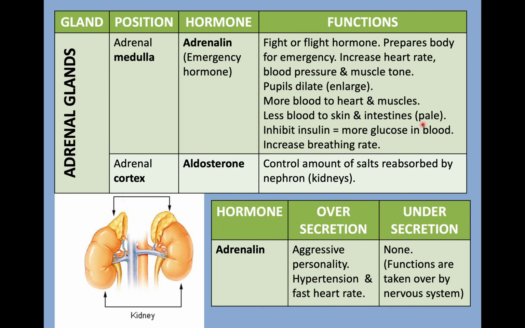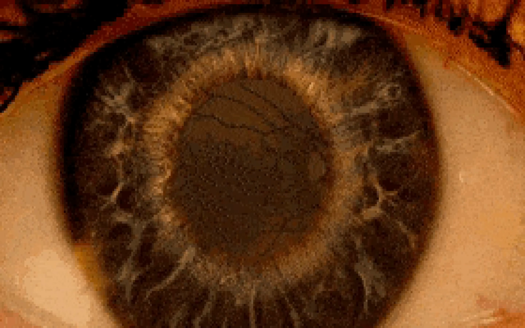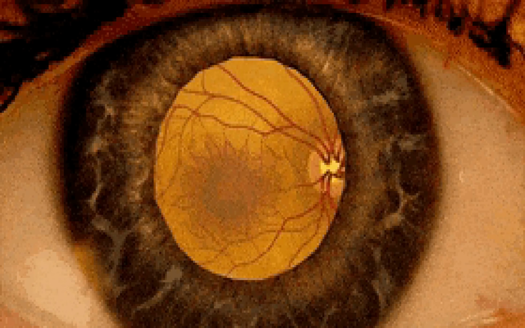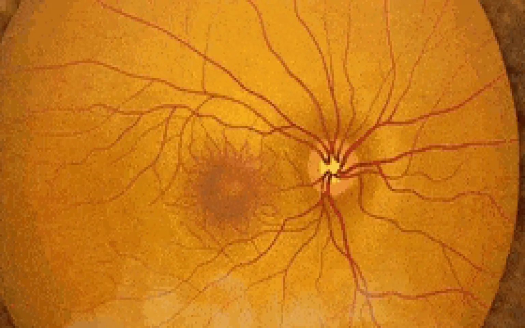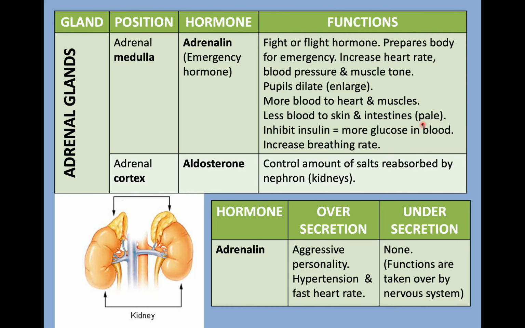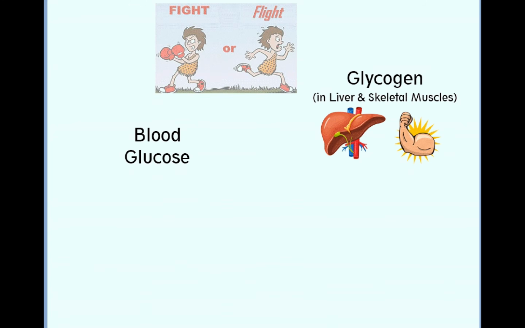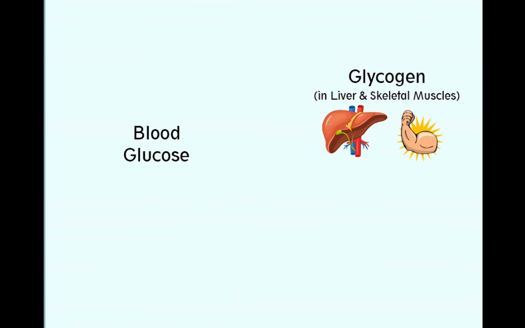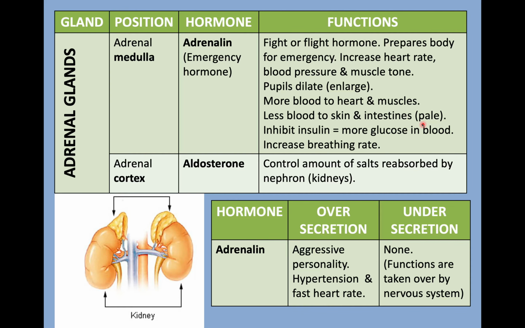It will have an effect on the eyes, causing the pupils to dilate, allowing more light now to enter into the person's eye, giving him an improved vision. The release of adrenaline will also have an effect on the liver, causing the liver now to convert more glycogen into glucose, increasing the blood glucose levels, right? So that more glucose is going to be available for cellular respiration, which will release energy.